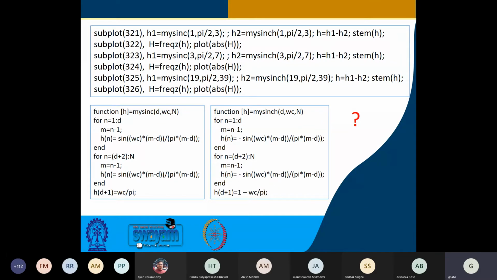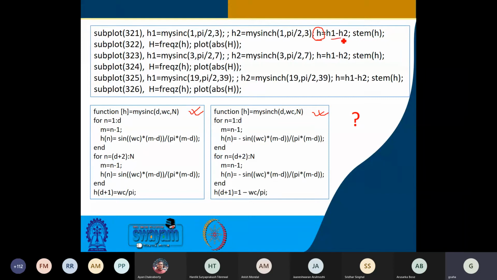These two things we have seen before. This is the low pass filter, and this is the high pass filter. These functions we had written before. Now we are looking at something where the signal is passed through a system which generates an equivalent unit sample response or impulse response, which is H1 minus H2.